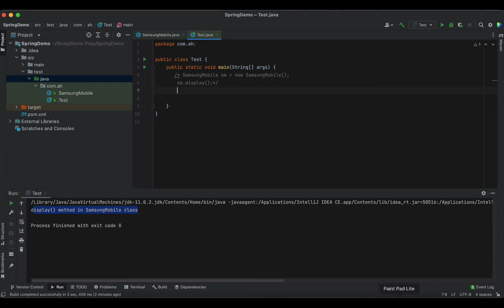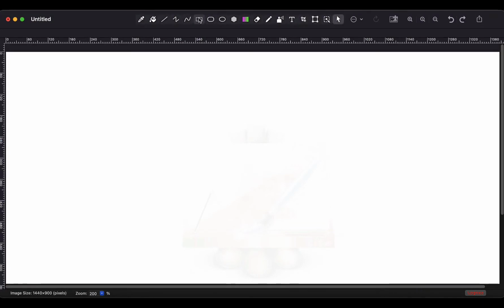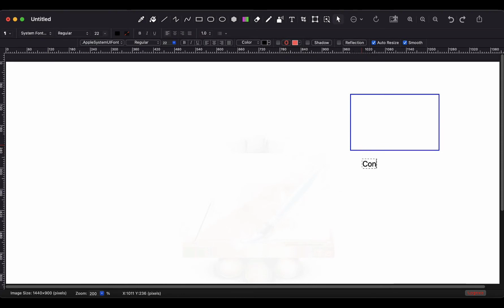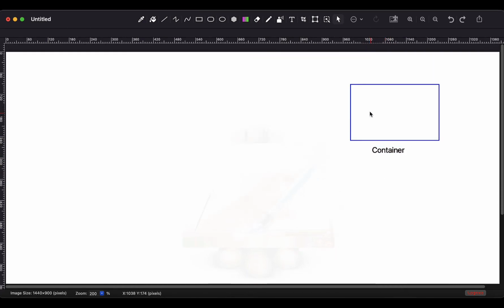Let me draw it. Say this is the container. In that, I will be creating the object. In my case, I want to create the Samsung mobile class object and use it. So to know which class type of objects I want to use,